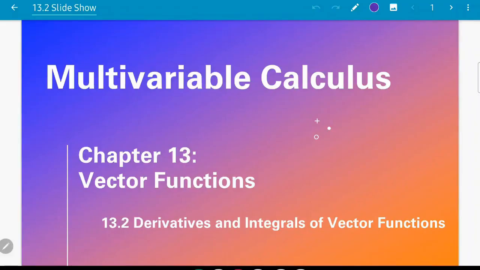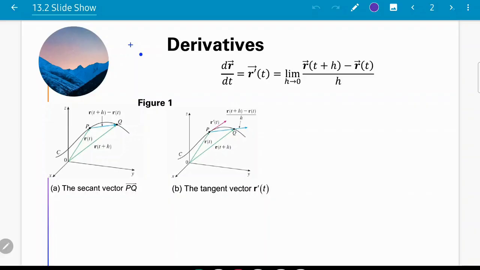Okay, so continuing in vector functions, this is section 13.2, derivatives and integrals of vector functions. The derivatives of vector functions are defined just like our derivatives were in single variable calculus. So dr dt is defined as r prime of t, which is the limit as h goes to 0 of